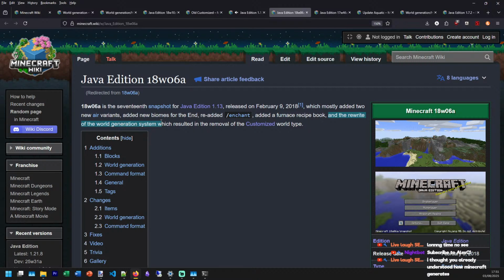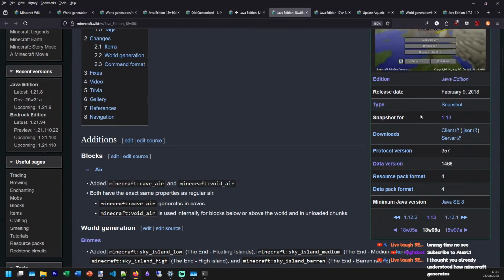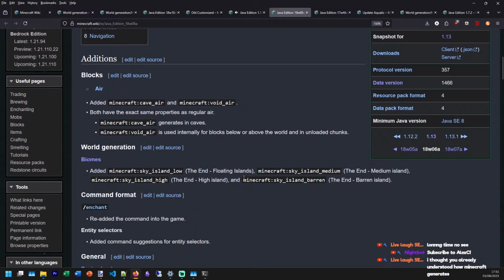This is interesting. I mean, right, 18w05a and 18w06a! Because that's when they changed it, so I need to take a look at that. Oh my god, it was going to be an end update.